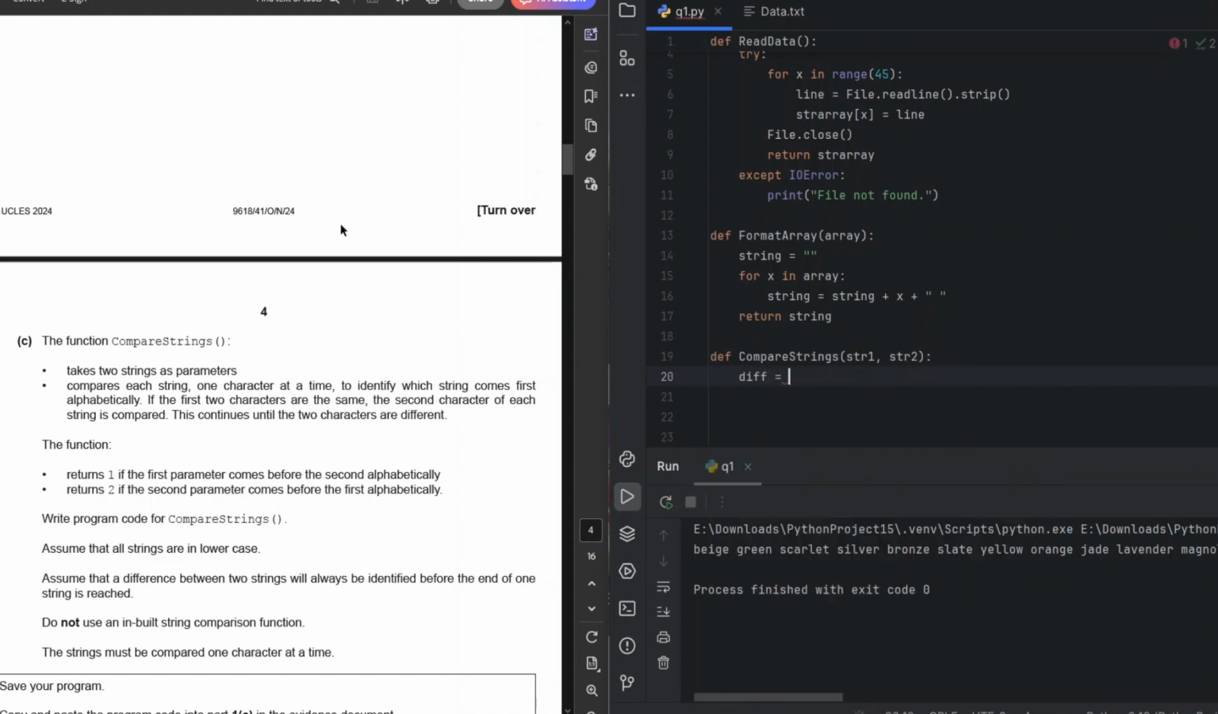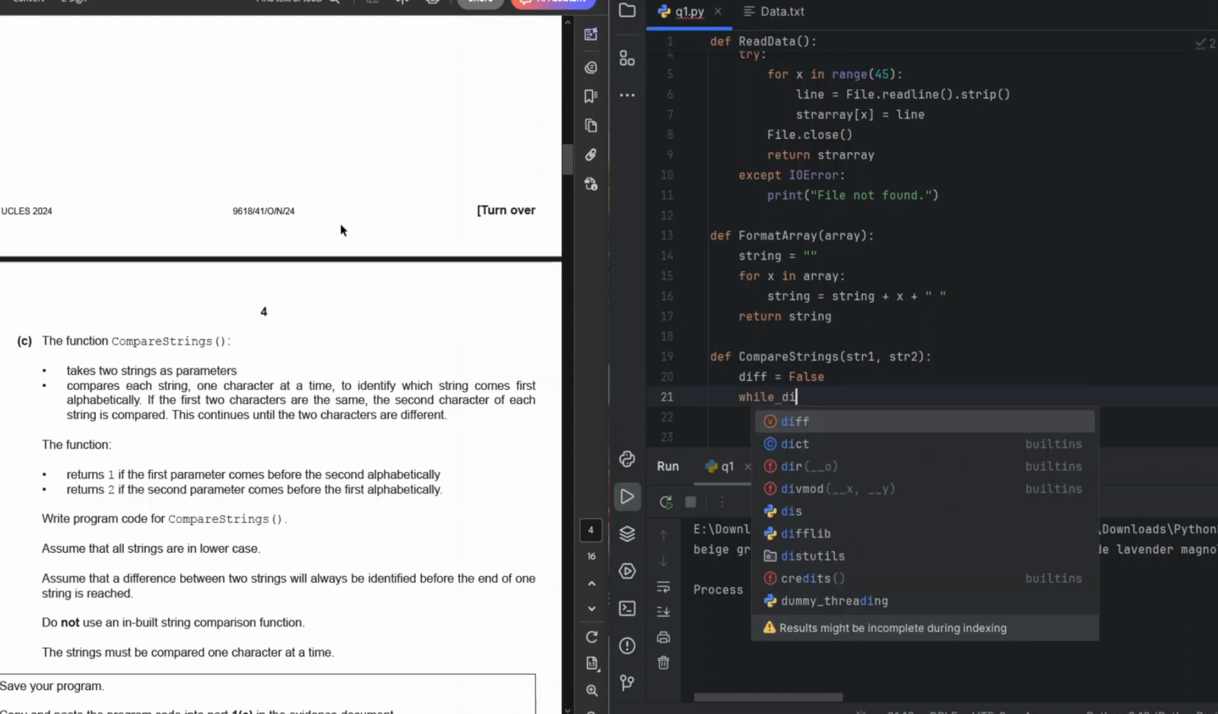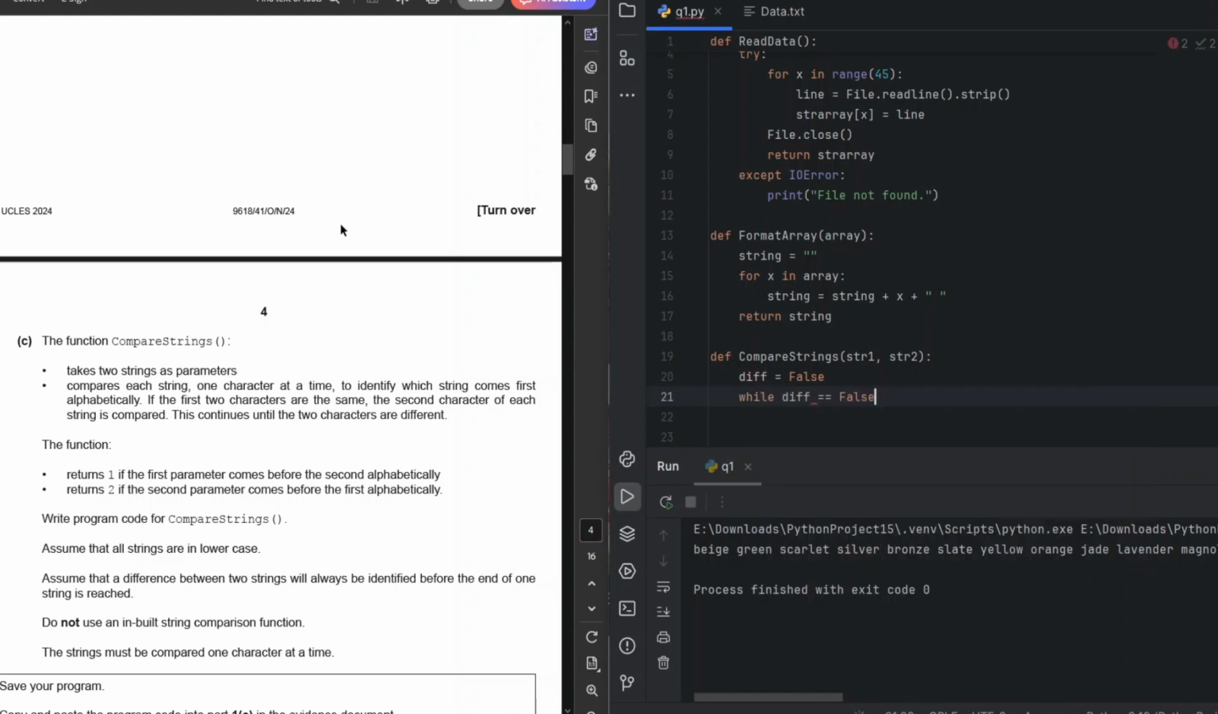So I'm just going to be defining a variable for while there is no difference. The loop is just going to keep on running until we find a difference. So what we do is, while diff is equal to false,